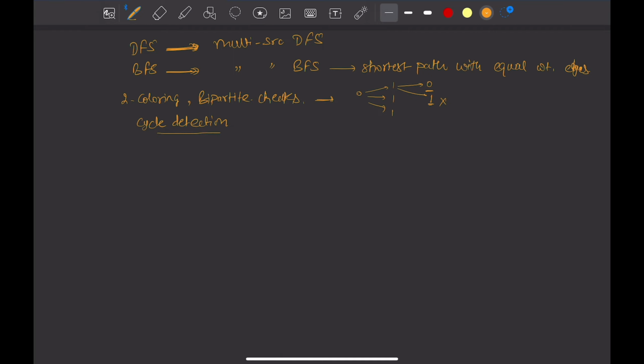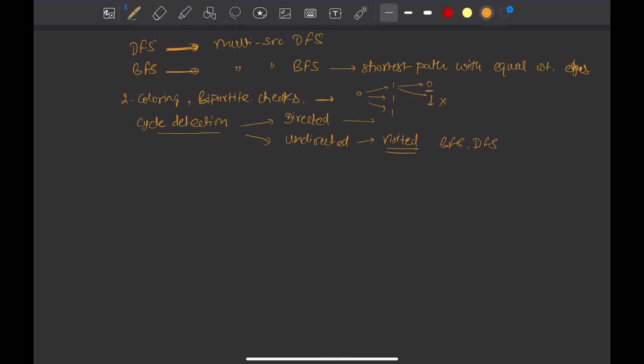For cycle detection, I have two kinds of things. One is on the directed, one is on the undirected. Undirected was easy. I think if I visit an already visited node, that means there is a cycle. It can be done using BFS or DFS, both. For directed graph,